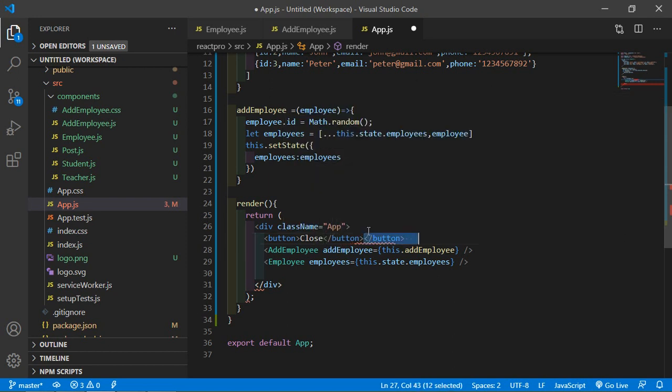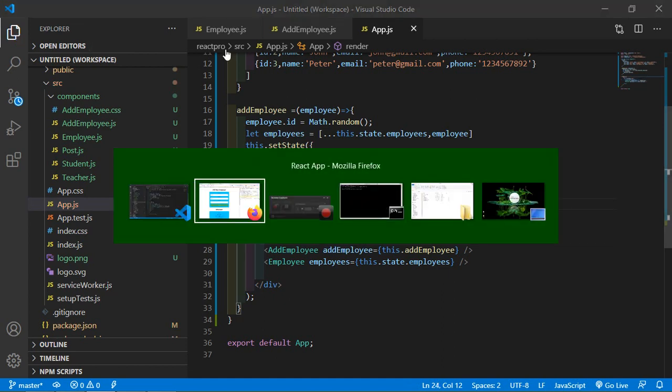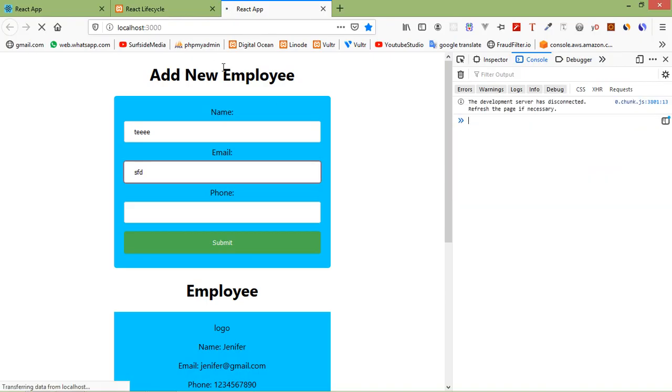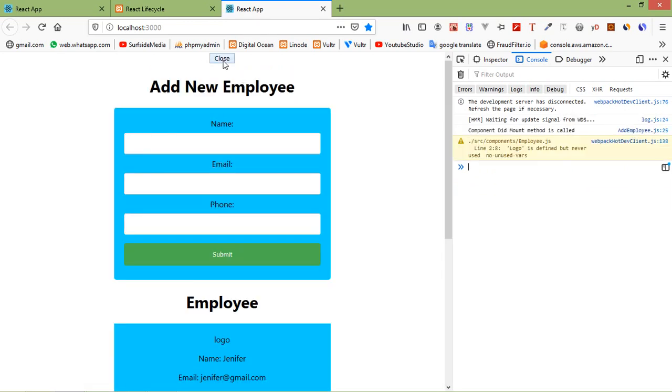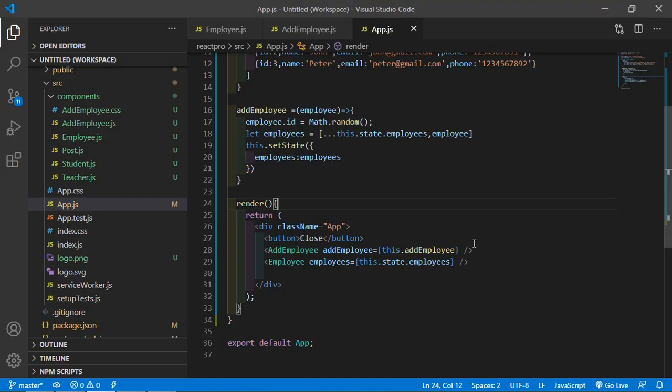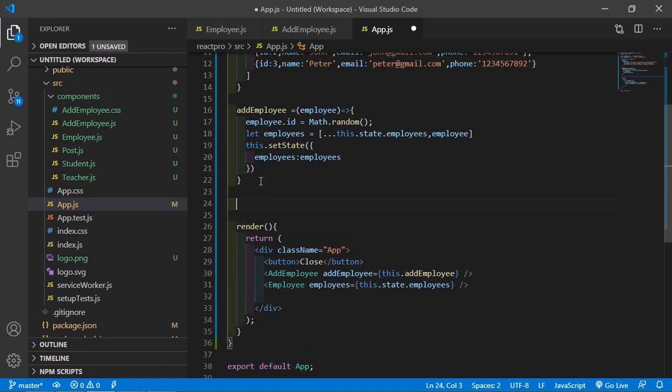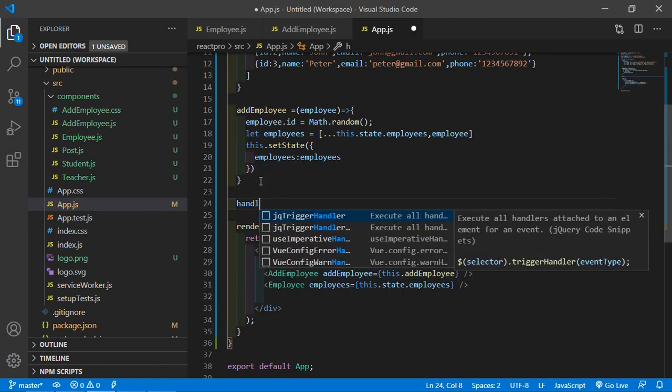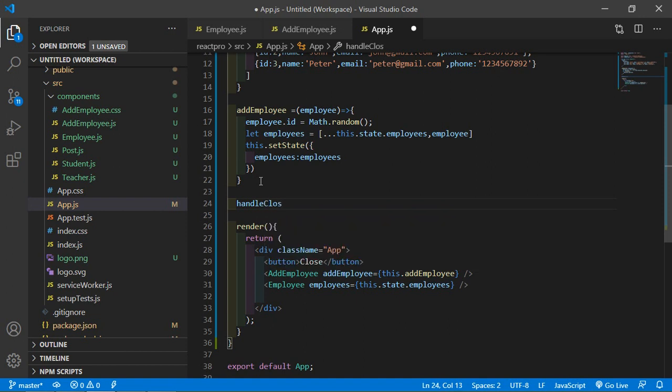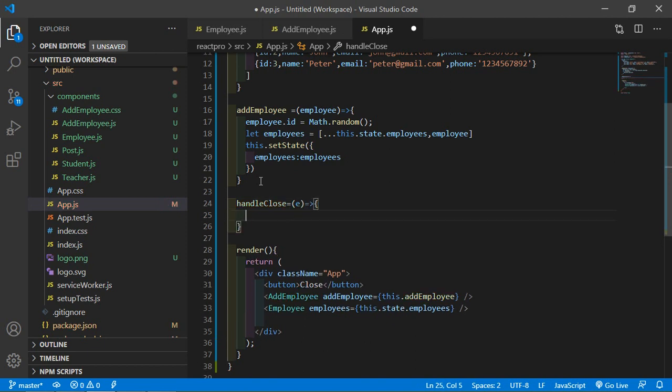You can see here compiling. You can see here the close button. Now create a handler. So just write here handleClose is equal to, add arrow, and then